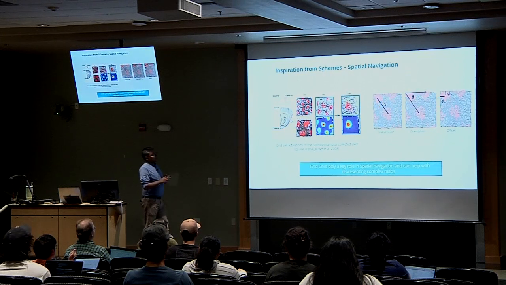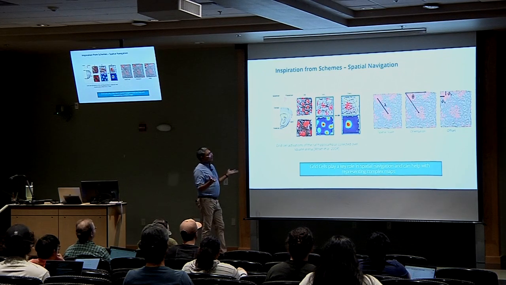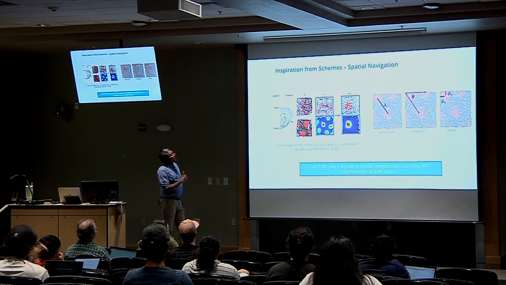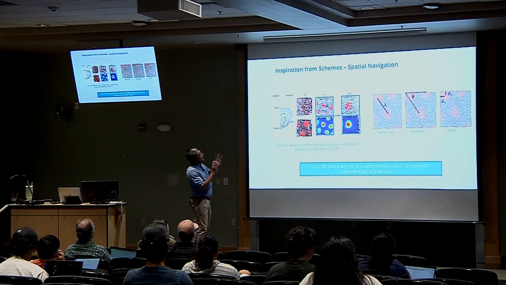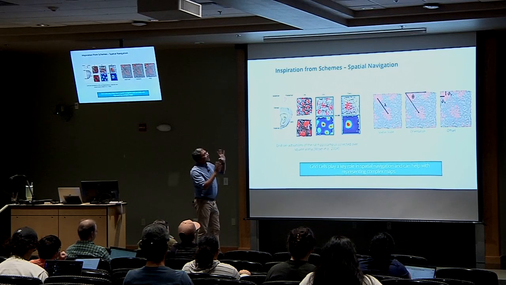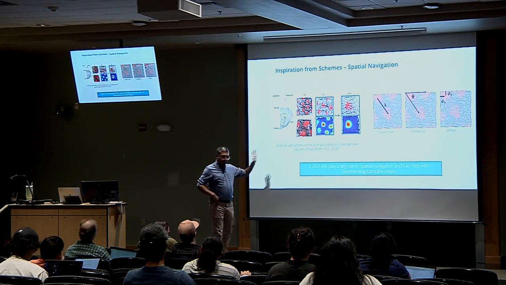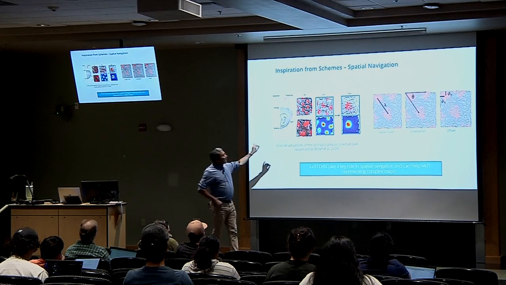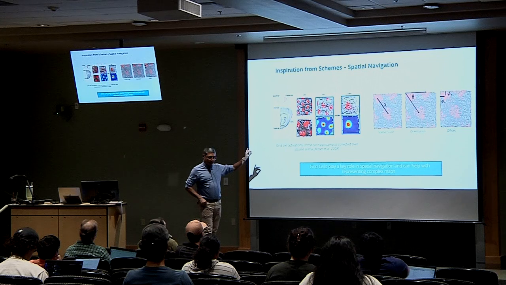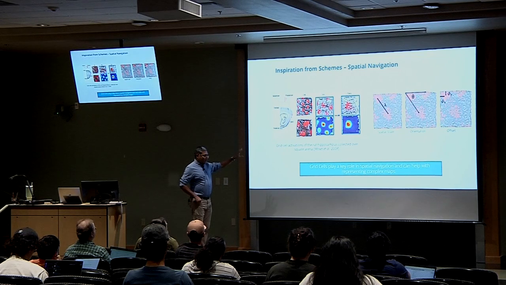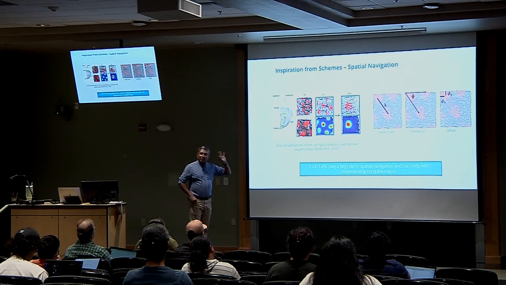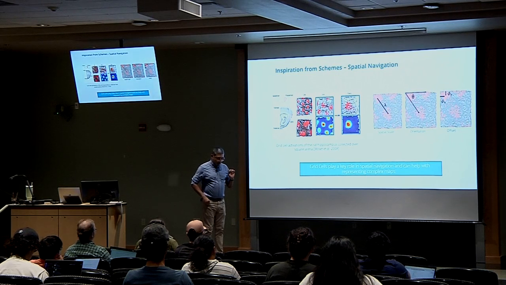I'm going to go through a second example, a different level of abstraction. And this problem is, let's see, spatial navigation is the task we were looking at, and we realized that rodents have this interesting feature called grid cells. And what the grid cells do is slightly different from something called place cells. So let me describe what place cells do first.